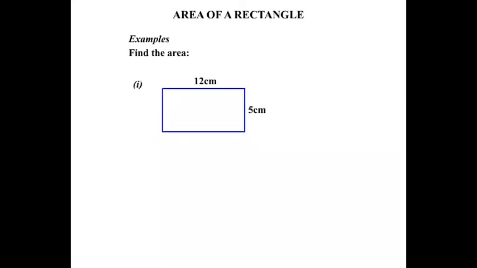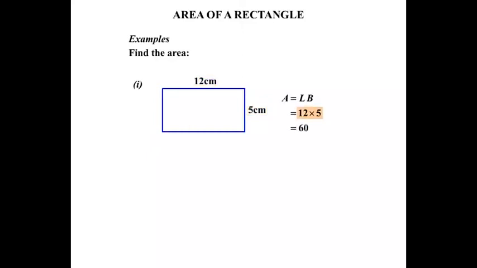Excellent. Let's look at some examples now. We're asked to find the area, and in this first one we've got a rectangle. Area equals length times breadth. We write our formula down, and make sure in your working you always start with the formula. Now the length is 12 and the breadth is 5, so it equals 12 times 5, and that works out